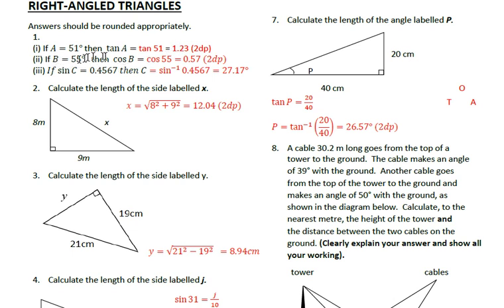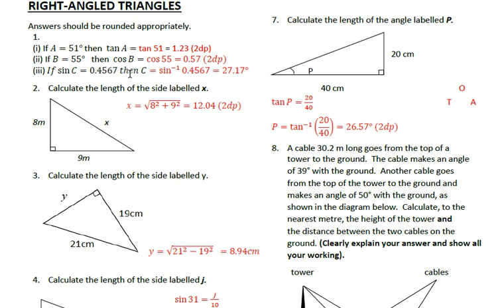Right, next bit here, we've got cos B. Instead of B, you write 55, because B is 55, and when you write cos 55 on the calculator, you should end up with 0.57 to 2 decimal places. Sin C is